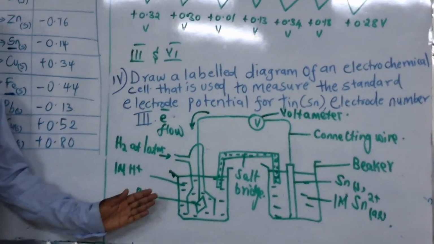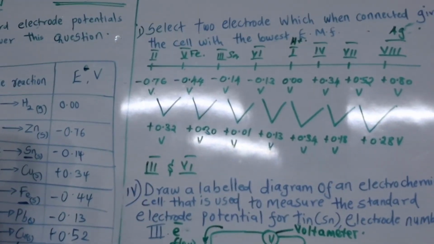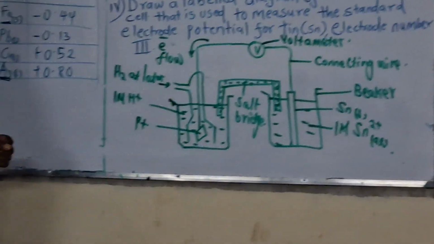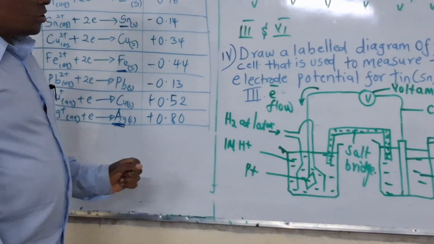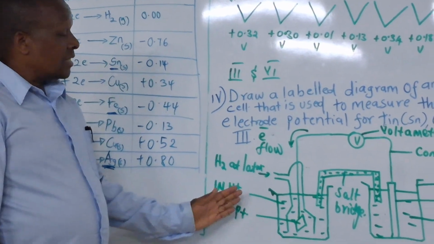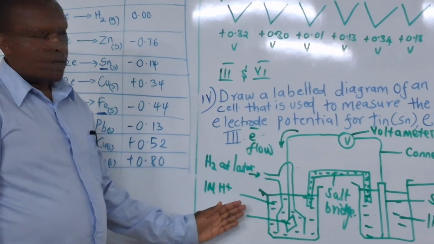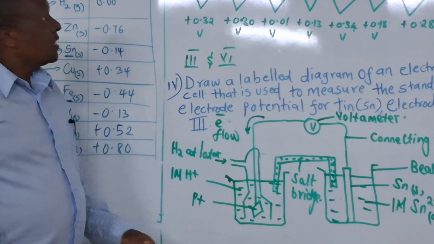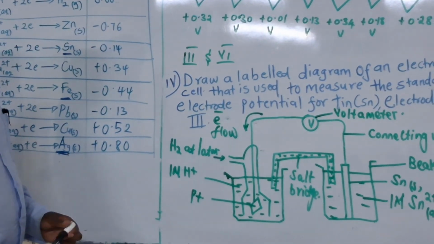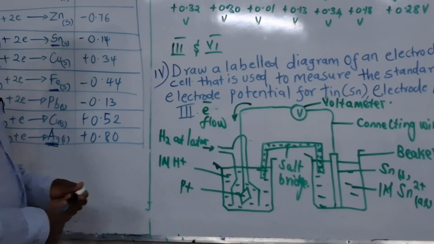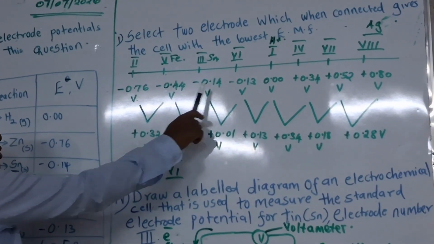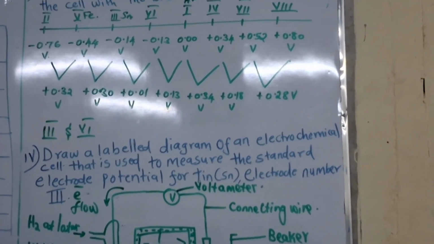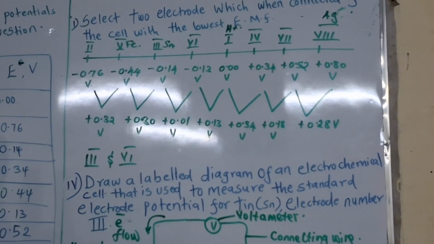This is the diagram that we obtain. We put hydrogen on the left-hand side. Hydrogen is the one that is doing what? That is supposed to be losing electrons. And tin is supposed to be gaining electrons. The reason why we are doing that is because the EMF of tin is negative 0.14, meaning that the electron flow is supposed to be flowing from tin